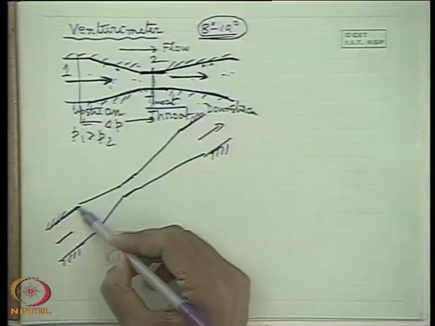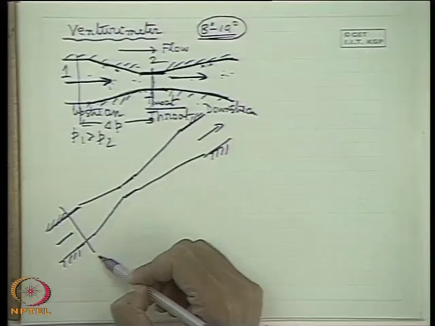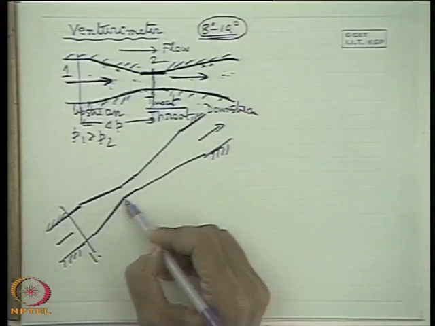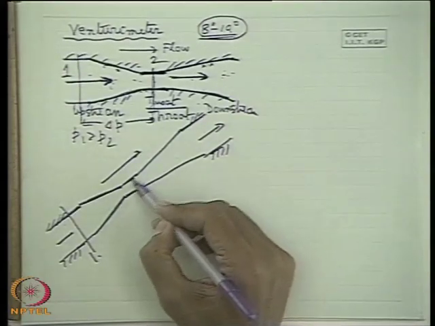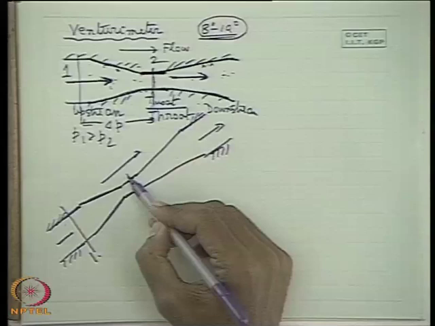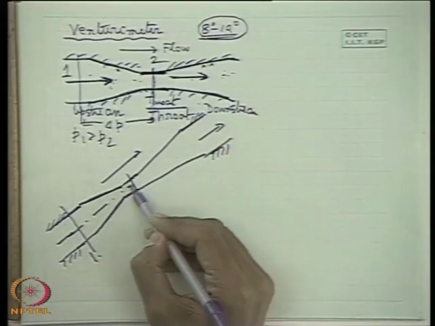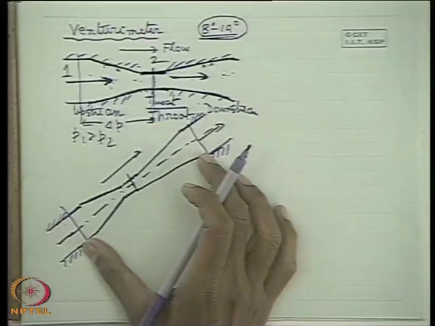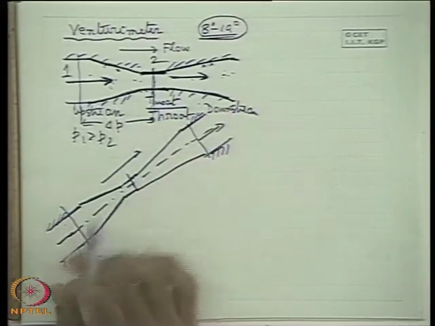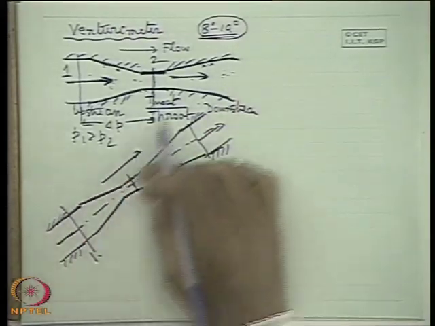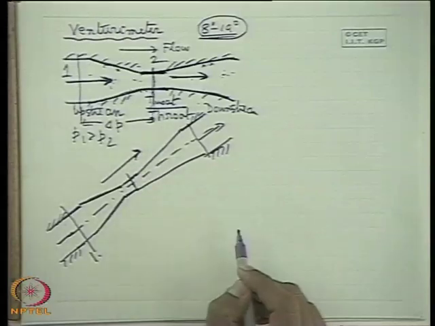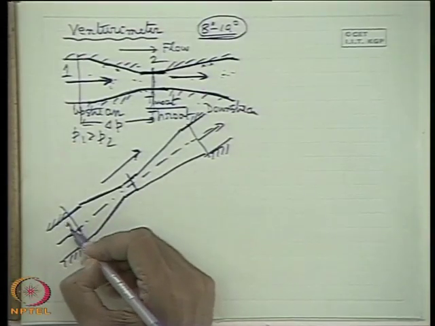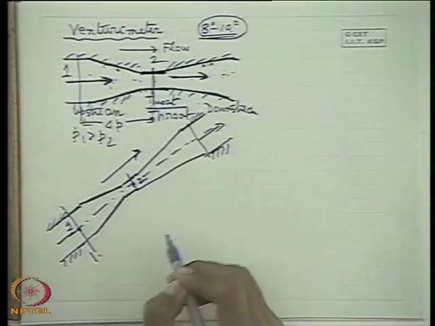Now, this is section 1 of the venturimeter, upstream where the fluid flow is uniform, then it comes to the convergent duct. This is the direction of the flow, then it attains a maximum velocity. This is the throat, let this be the axis, and this is the downstream part. So the venturimeter is installed in an inclined pipeline transporting water in this direction in a vertical plane.